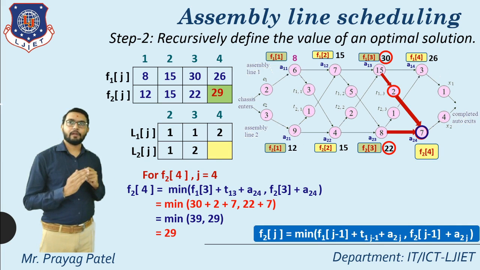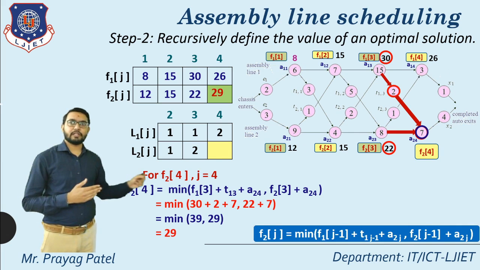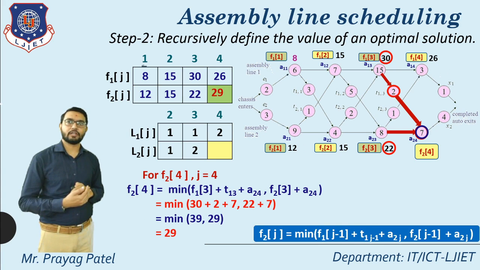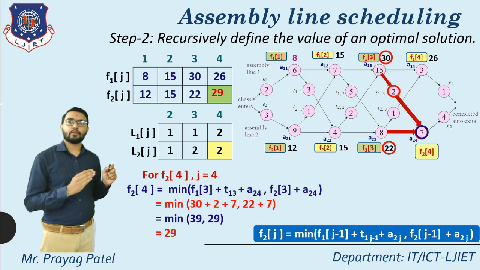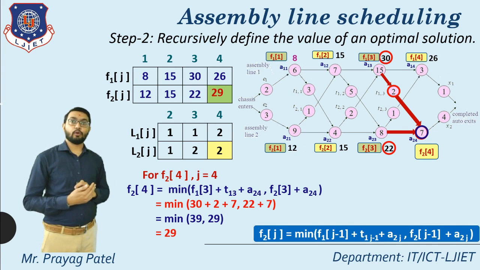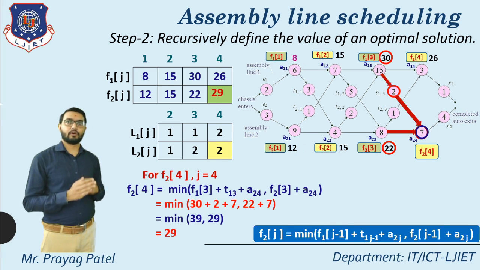Now what is the value of L24? L24 means here consider 29 occurs from line number 2. So consider here the value as a 2 for L2J, meaning L24. Now after we find F11, F12, F13, F14, then F21, F22, F23 and F24,